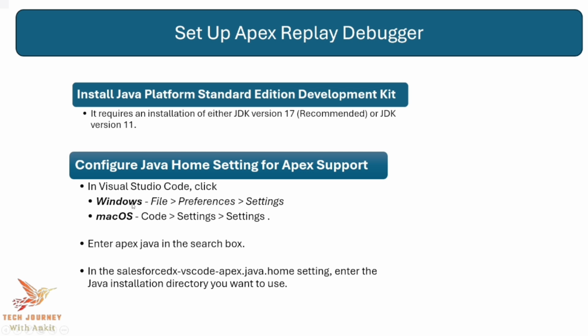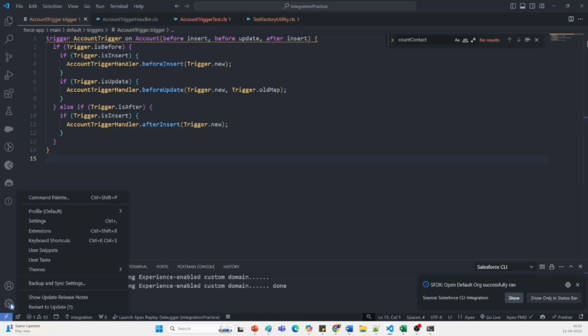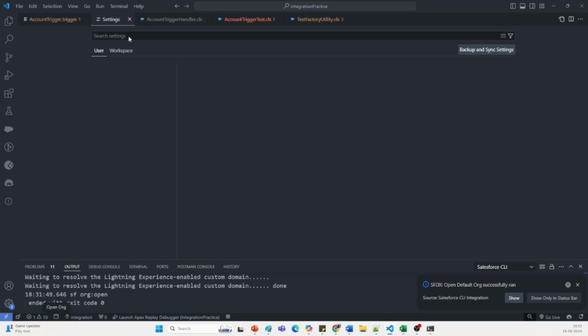Again, this is the path that you have to follow if you are using Windows or macOS. On my machine, currently I am on Windows, so let me show you how you can do that. What you have to do here is, on your VS Code, you have to configure the Java path that you have installed. To do that, navigate to the settings, open the settings dialog box from here and look for the